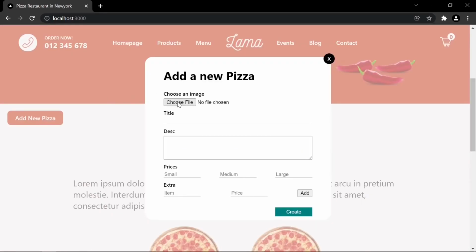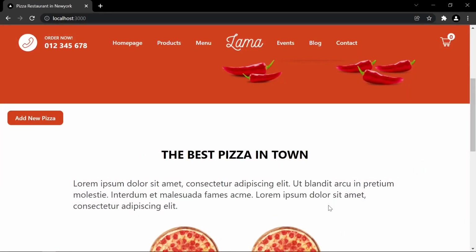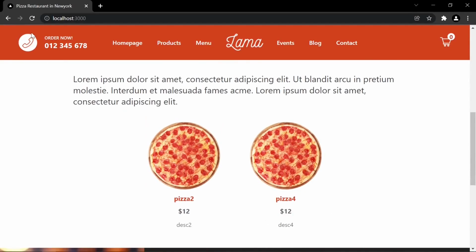Add new pizza. I'm gonna choose pizza here. New pizza. Try our new taste. Small will be $10, 12, 14. Extra item, let's say garlic, price $2. Spicy $2 also, like that. And I'm gonna create, and you can show a spinner there also. And if I refresh the page,